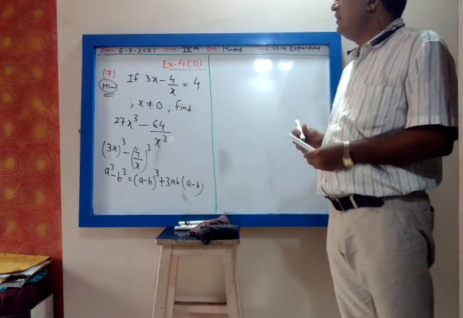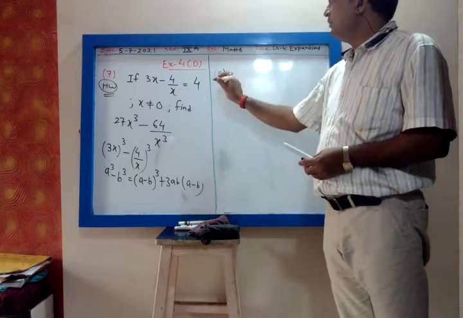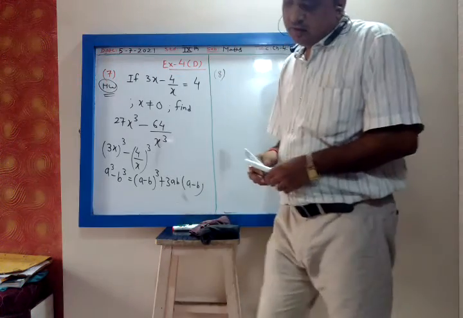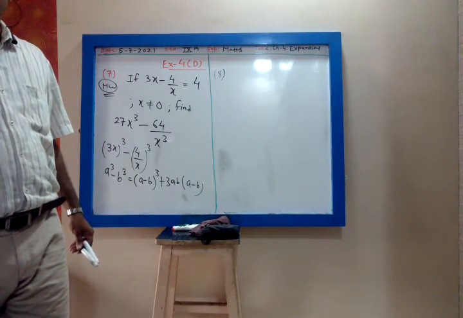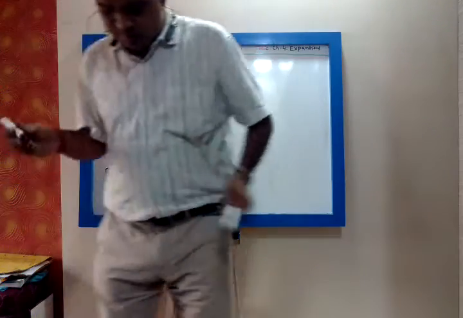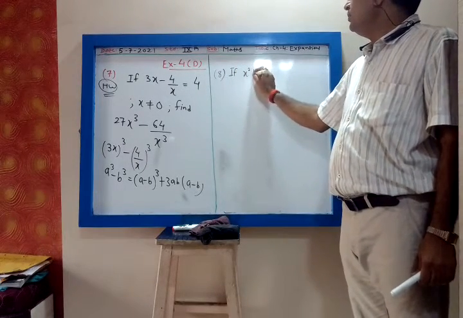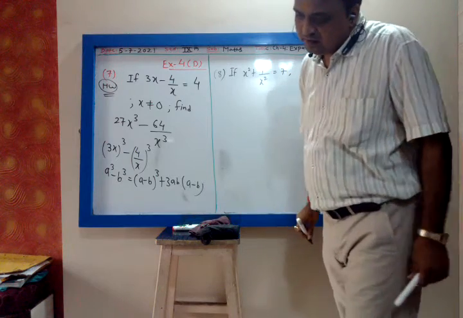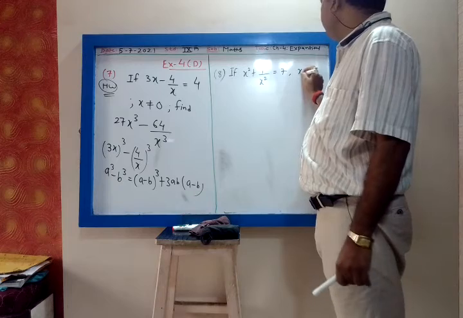Okay. So next, question 8-1. If x square plus 1 upon x square is 7 and x is not equal to 0, okay,